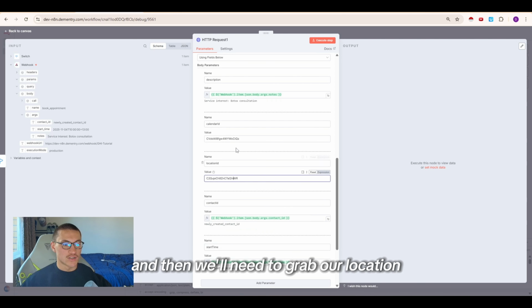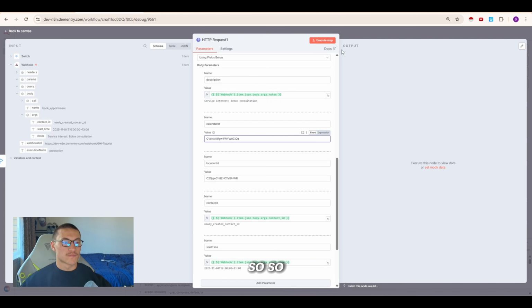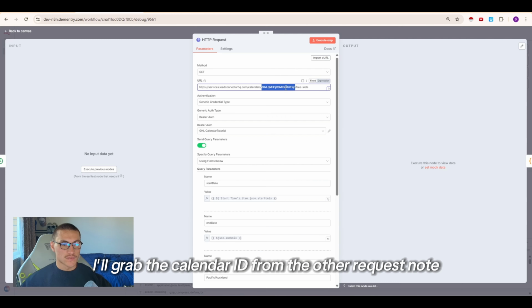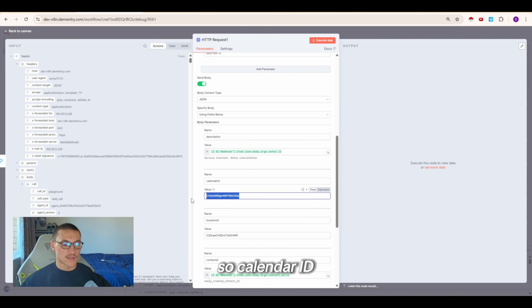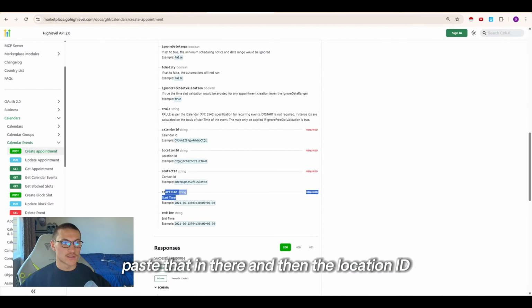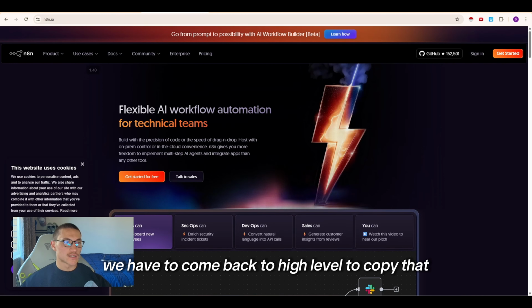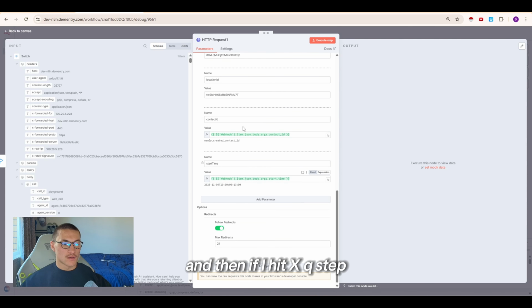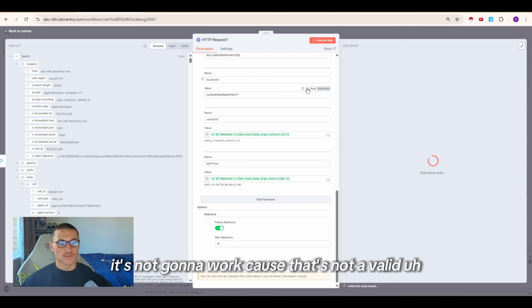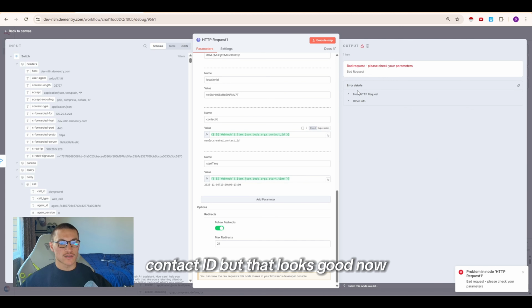And then we'll need to grab our location and our calendar ID. So I'll grab the calendar ID from the other request node just to make it easier. So calendar ID, paste that in there. And then the location ID, we'll have to come back to GoHighLevel to copy that, and then paste that in there. And then if I hit execute step, it's not going to work because that's not a valid contact ID, but